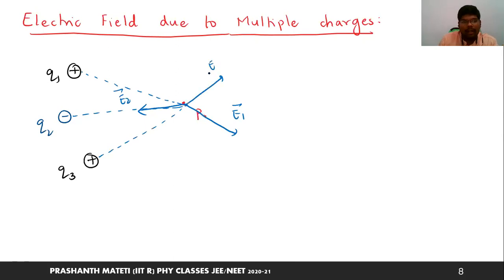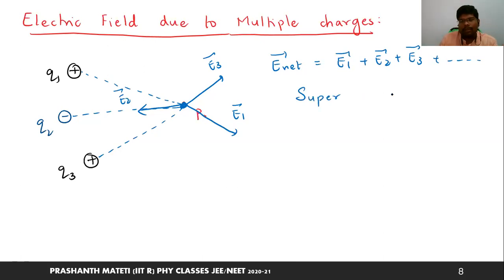Now at this point, because of all these charges, if you want to find the net electric field, since they all are vectors, we have to add them vectorially. When you are adding these electric fields to get the net electric field, if there are more charges, then more fields will be coming. Since only 3 are there, you can use only 3. What you are applying is called the superposition principle.